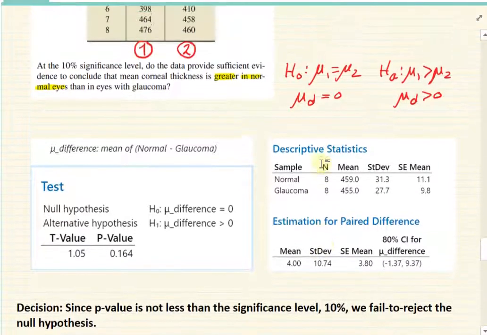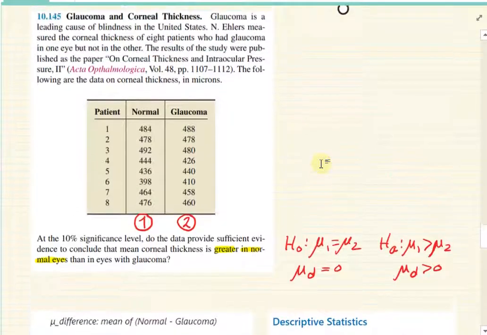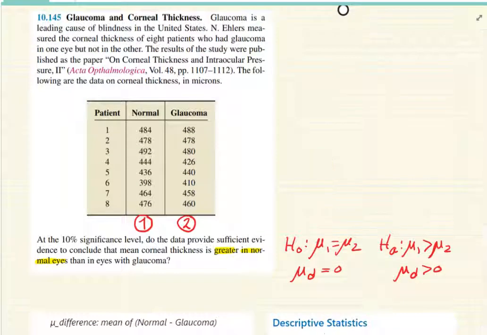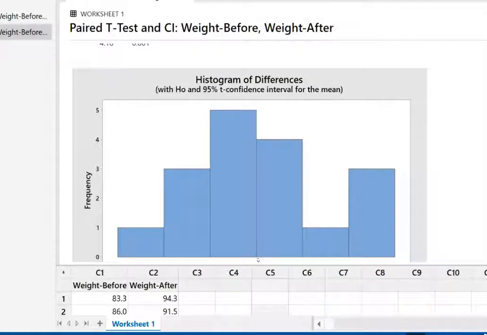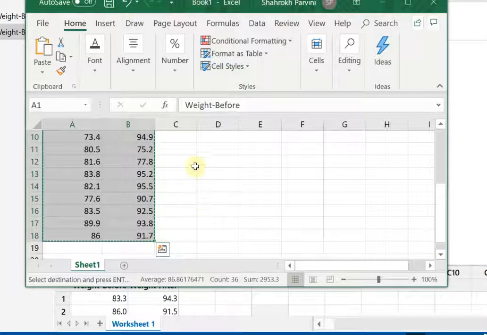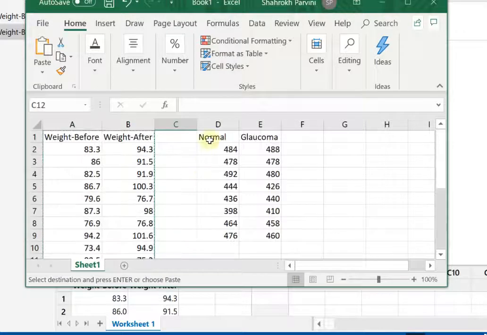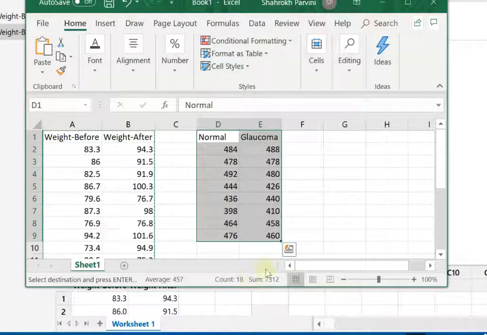Now, let's run this in Minitab and we're done with this lecture. So, in Minitab again, let me bring up Minitab. Actually, it's too soon to go to Minitab, right? We need the data, don't we? So let me actually go to Excel. And in Excel, there you go. See, I have it right on this side now.